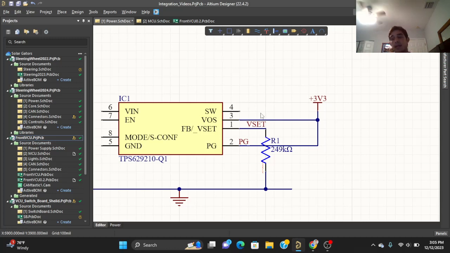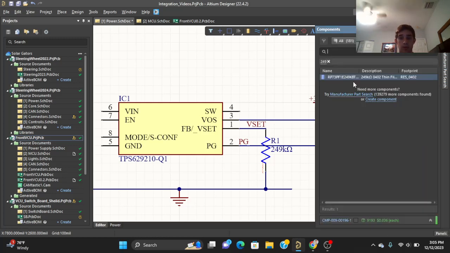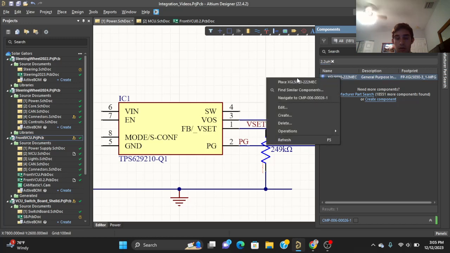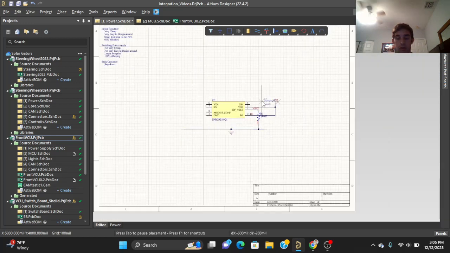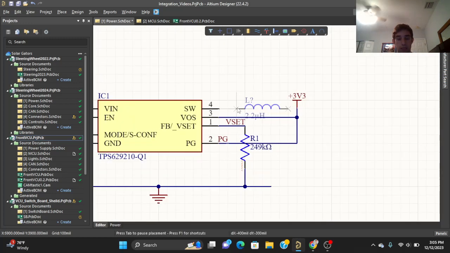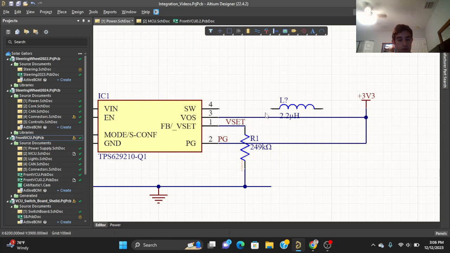So I'm going to go ahead and get these components from the Gators library. Go to panels, components, 2.2 microhenries. So like I said, this is the inductor from Coilcraft, and we're going to move some of this stuff. Okay, this is our switching regulator, and for our